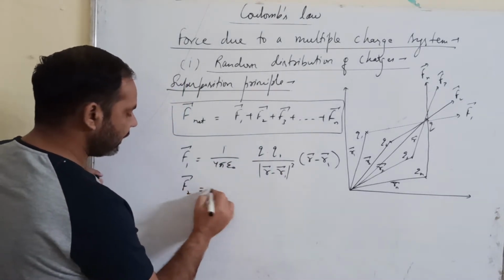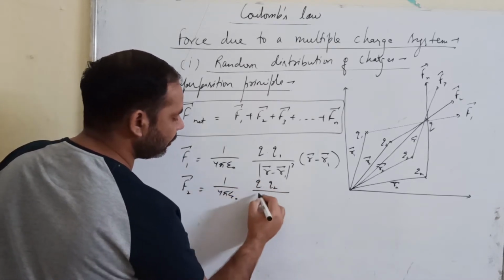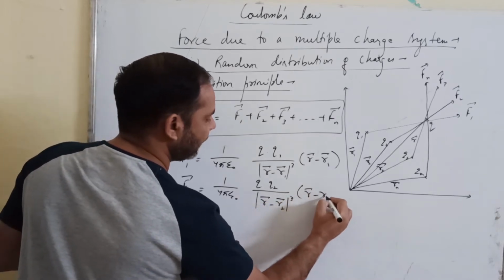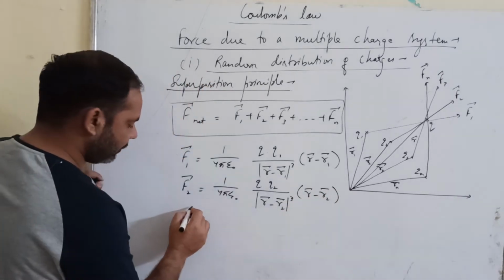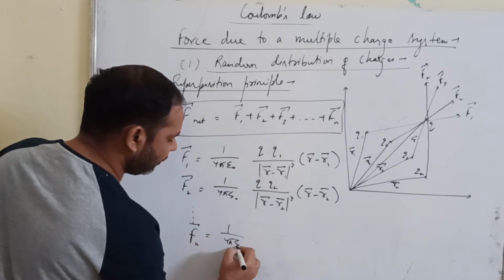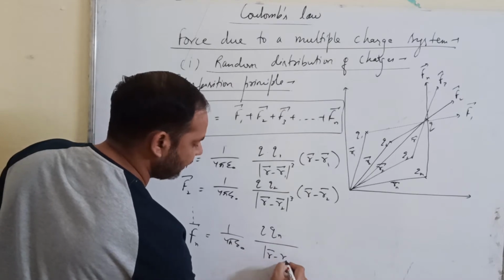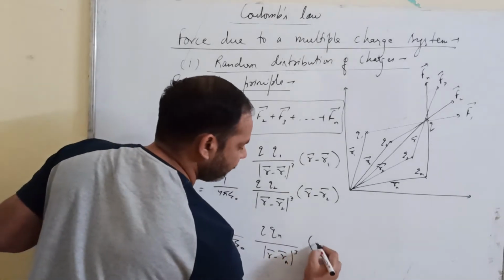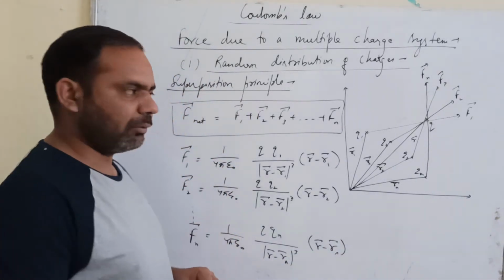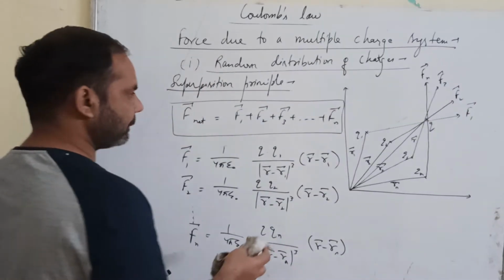Similarly, F2 is equal to 1 upon 4 pi epsilon naught q2 upon magnitude of r vector minus r2 vector, cubed, into r vector minus r2 vector. Now if you find for the nth charge, it will be 1 upon 4 pi epsilon naught qn upon magnitude of r vector minus rn vector, cubed, into r vector minus rn vector. So these are the individual forces, and hence by superposition principle the total force will be given by